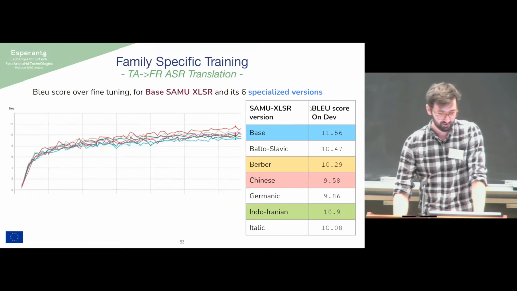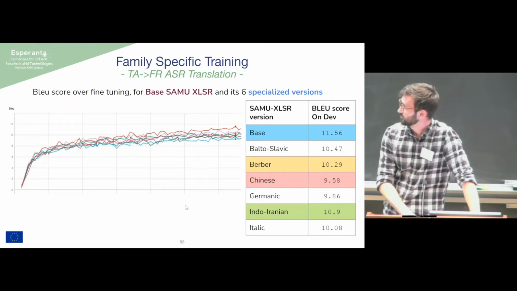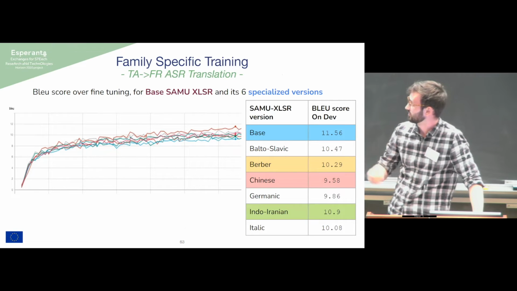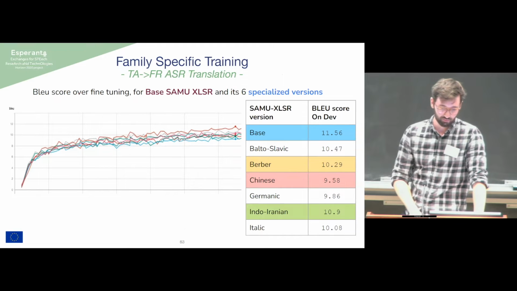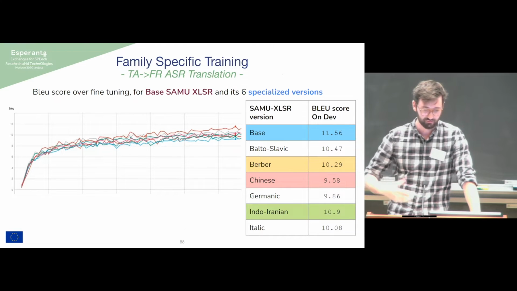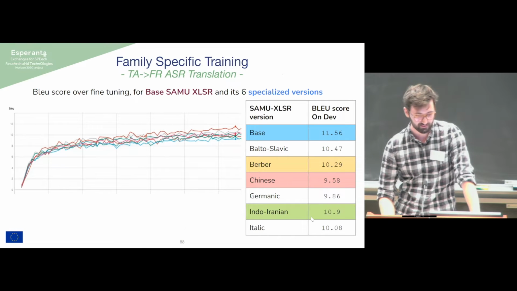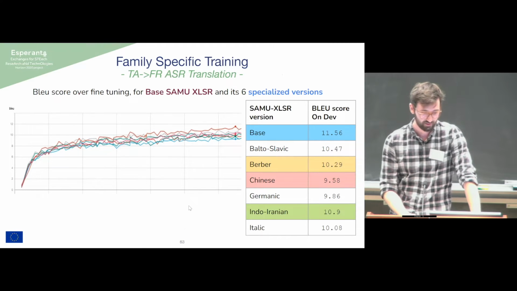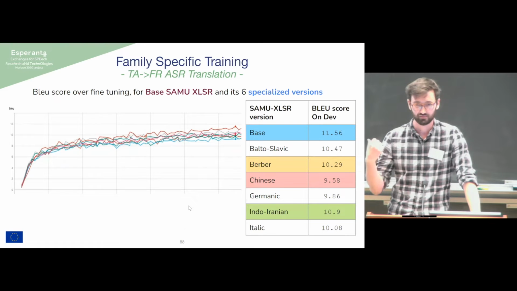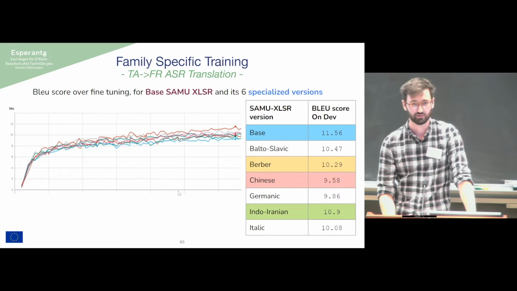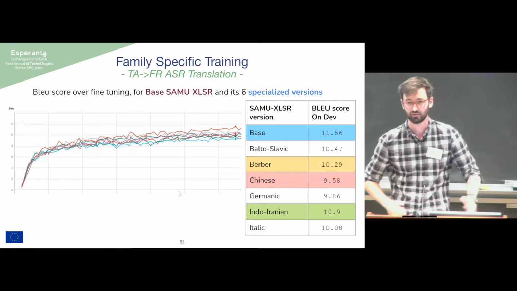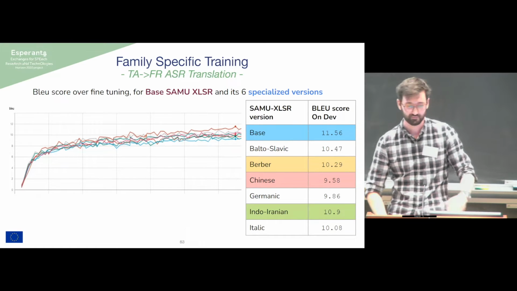Why not try it? And it's a bit confusing here, because we actually have a lot of models that have similar results. The base model is still the best one. We were expecting the Berber one to be the best out of the different flavored models, and here it's the Indo-Iranian that gets first. So surprising, but we're going to get back to that Indo-Iranian model later. So keep that in mind, and still no improvement for language-specific models. The base model trained on more languages is still the best.